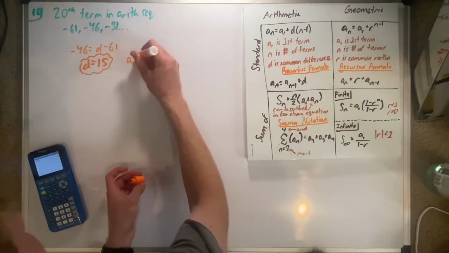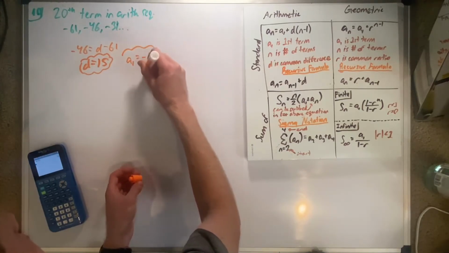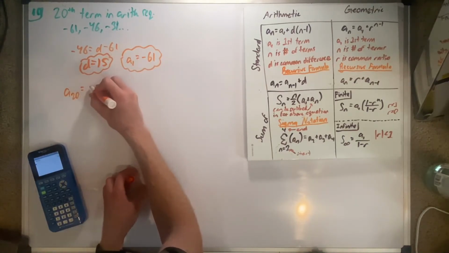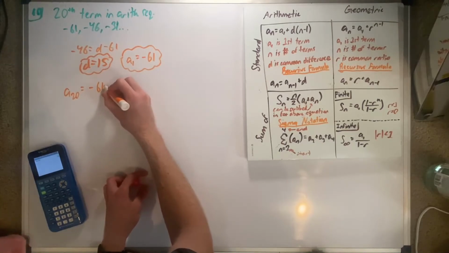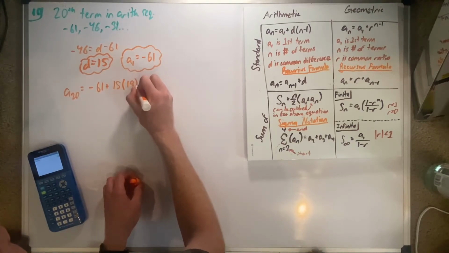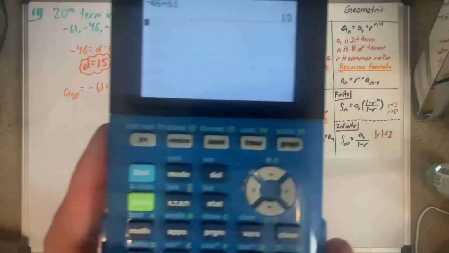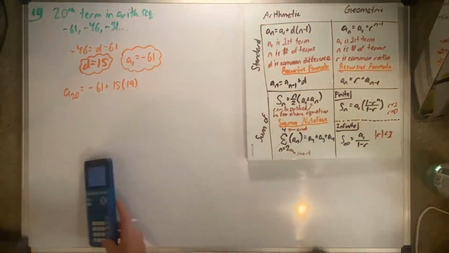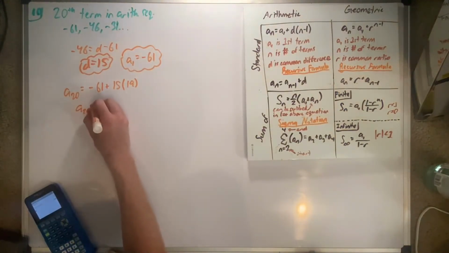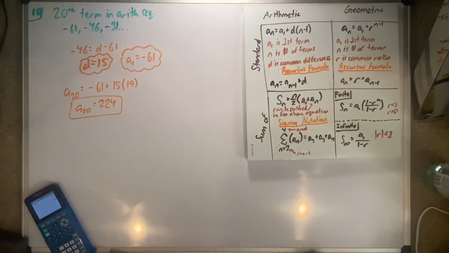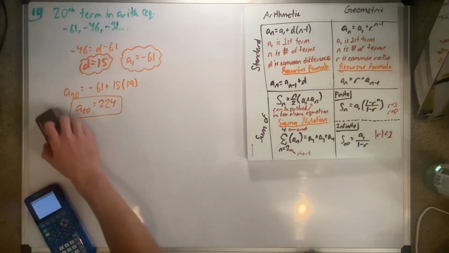We know our a1 is equal to negative 61. So that's cool. And then now a to the 20th is equal to a to the first, which is negative 61, plus 15, our common difference, times n, we're going to 20, minus 1 is 19. So we'll go negative 61 plus 15 times 19 is equal to 224. So a to the 20th is equal to 224. Perfect. And now that's me finishing the lesson plan I have, but I'm going to talk one more small thing